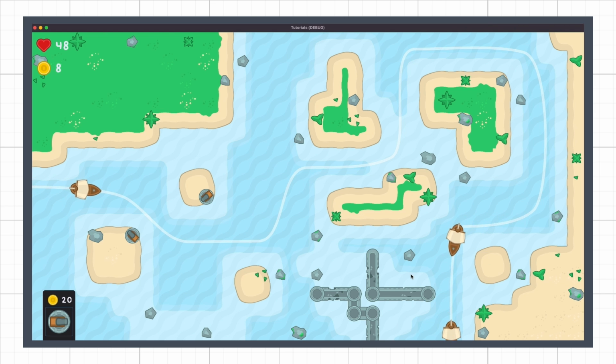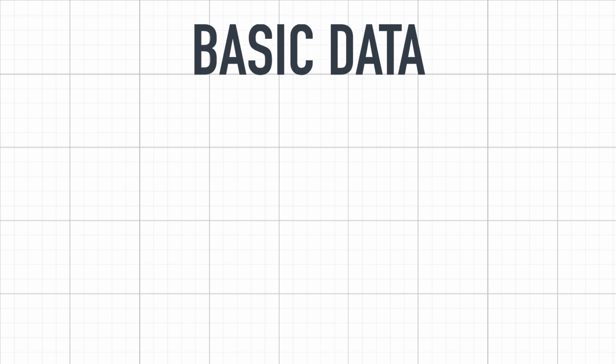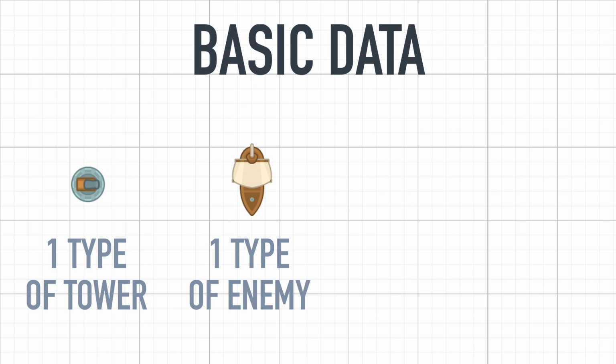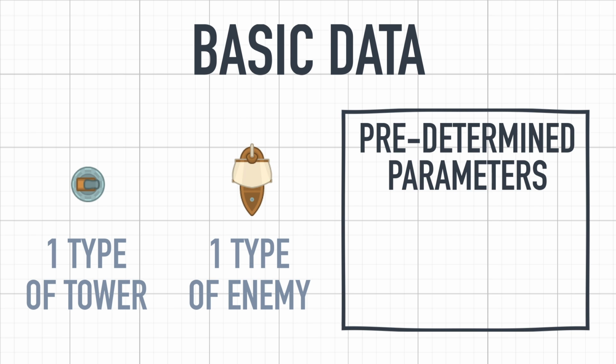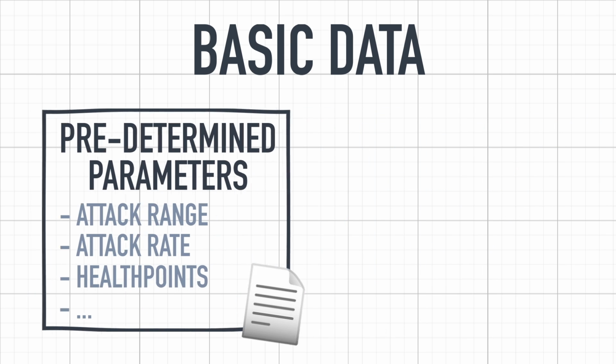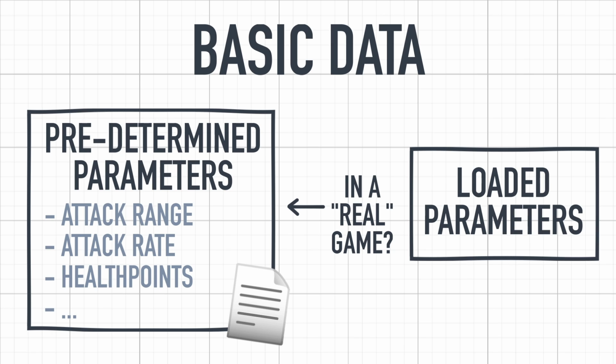In this tutorial, we will keep things simple on the data side and only consider one type of tower, one type of enemy ship, and some predetermined parameters for the attack range, the attack rate, the HP, and so on, that we'll define directly in our scripts. In a real game, however, you'd probably want to extract this data to external files to make it easier to